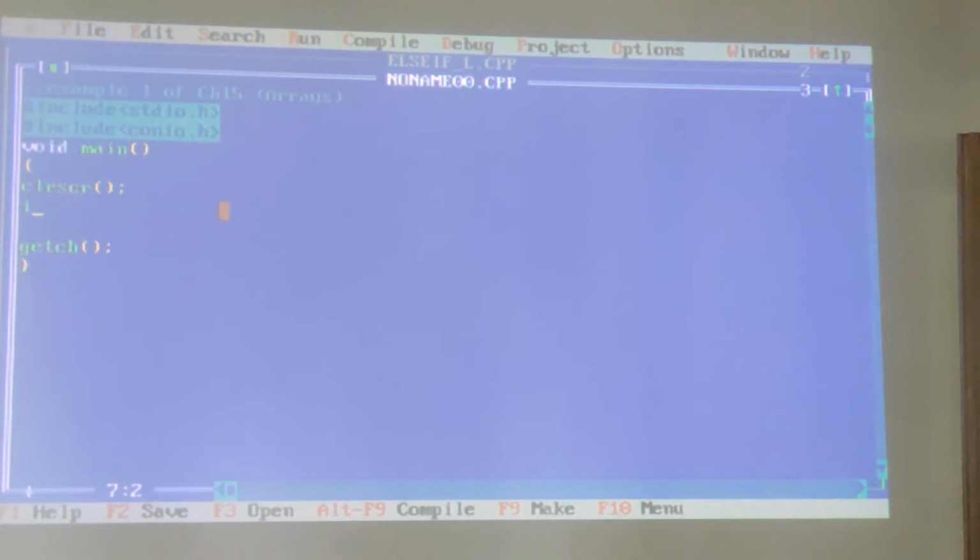Now, to create a variable of integer data type, I have to write keyword int, that you all know. Then I give the name of the variable. What name should I give? Number. Number is the name of the variable. How many values do I want to store? 5. So I write here 5. Integer number 5.